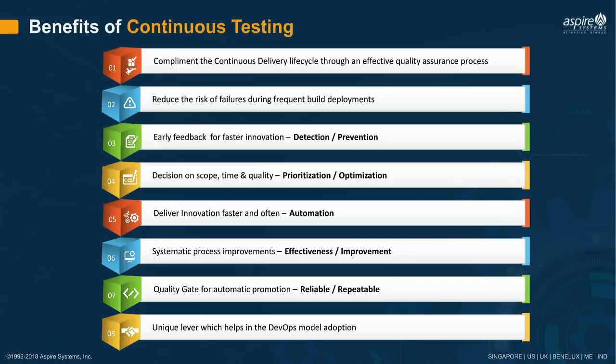So to summarize in a nutshell, the overall benefits: how is continuous testing different from our typical test automation? Test automation is something we build and execute only when there is a need. But continuous testing is something wherein we make it a best practice. Whenever there is a code check-in or check-out, we deploy it in the CI pipeline and do a kind of reactive or proactive testing even before it gets to the next phase